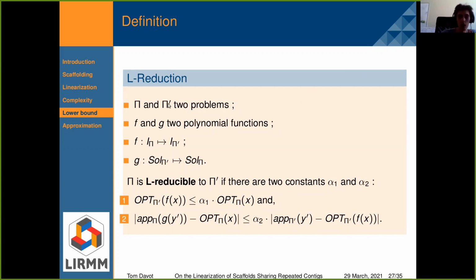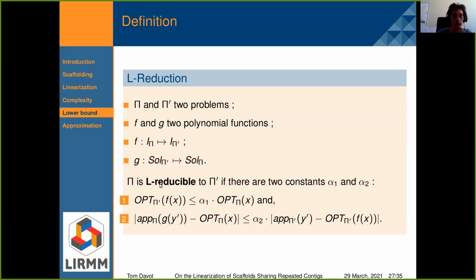An L reduction is a reduction between one problem P and another P prime. We have 2 polynomial functions: f, which constructs an instance of P prime from an instance of P, and g, which constructs a solution of an instance of P from a solution of an instance of P prime.